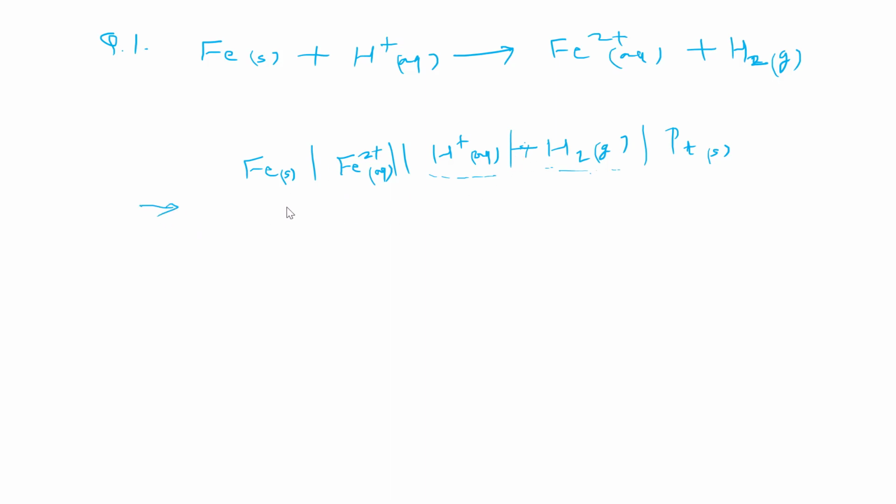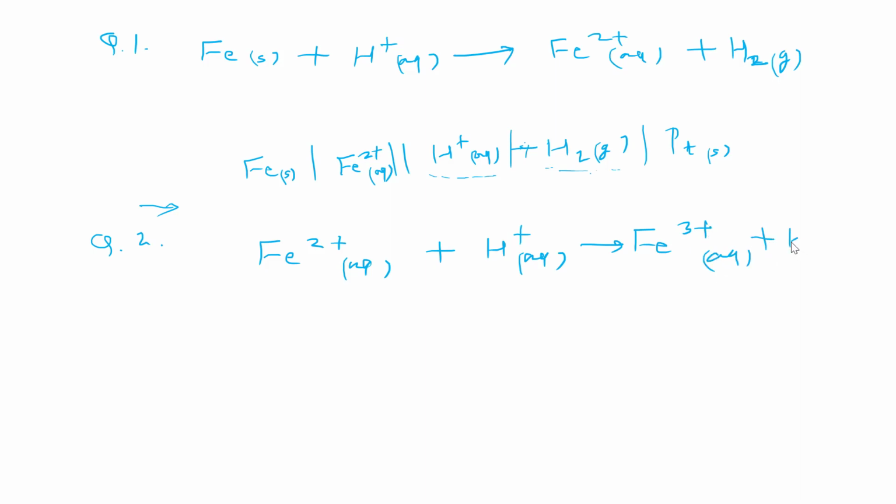Okay, note it down. Yes, sir. Done. Okay, then one more point we are to discuss here. If you are having a reaction in which more than one species which are aqueous or gaseous are present in any half cell, then how are we representing the cell? Like we take the example, if you are having the reaction like Fe2+ aqueous plus H+ aqueous gives Fe3+ aqueous and H2 gas.